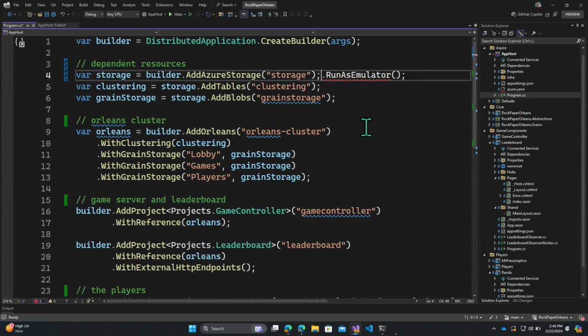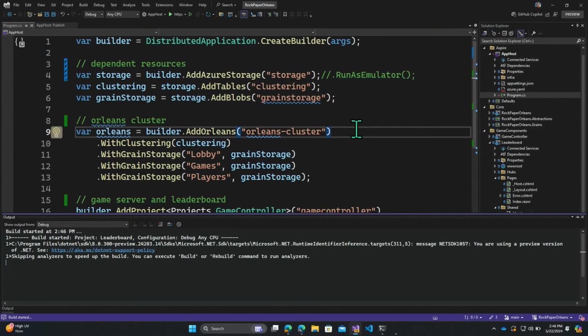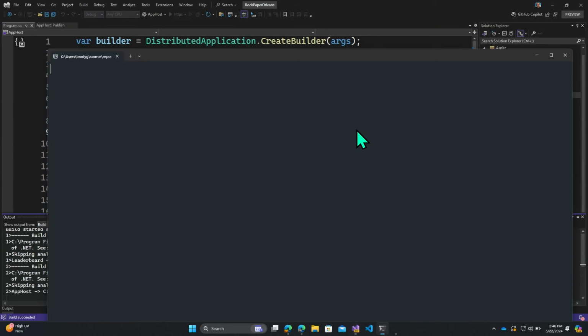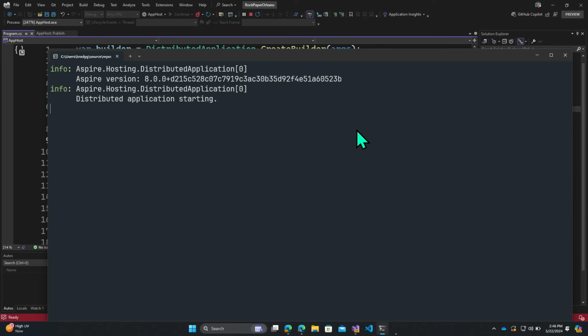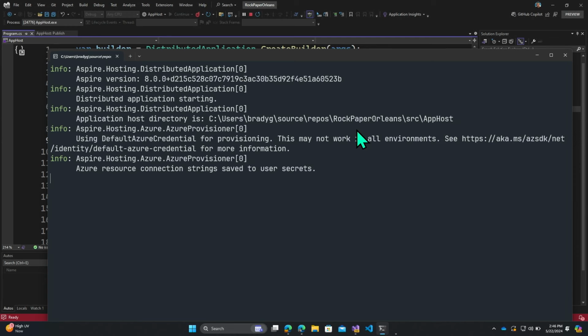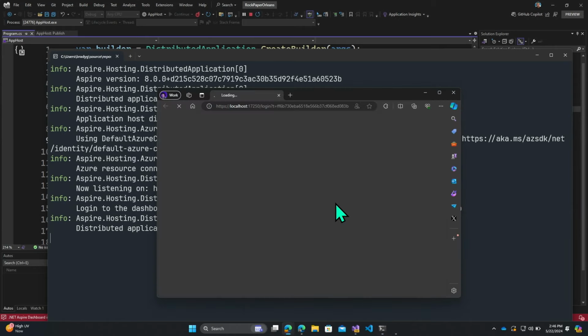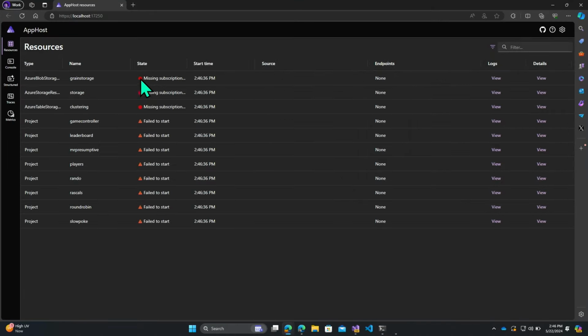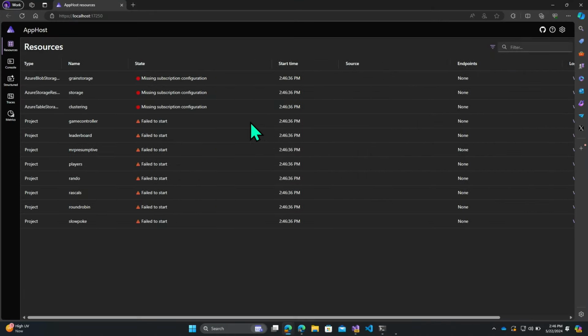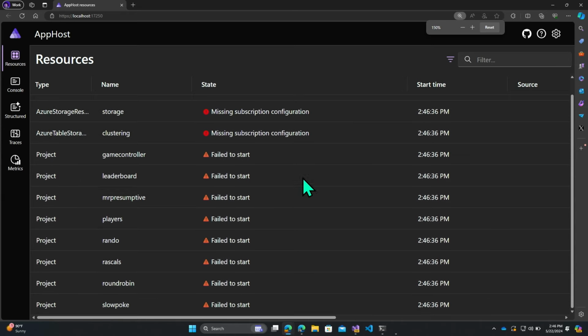But there are cases where I might want to actually do this in the cloud. I might want to actually party on live resources. David showed this. I'll go a little bit slower because we have extra time. So I'll hit F5 and you'll see the dashboard spin up. Here we go. So my dashboard's spinning up, and what you'll see here, missing subscription configuration, and then everything else